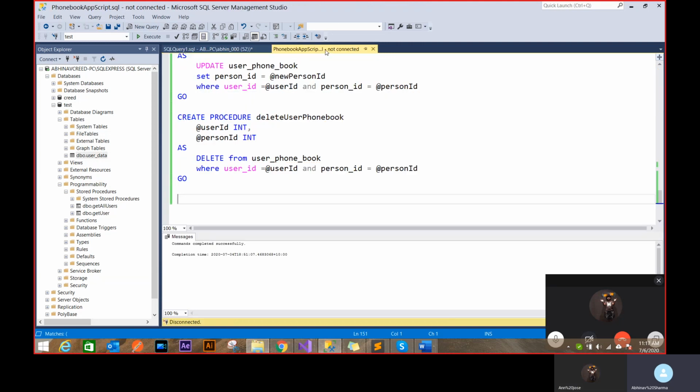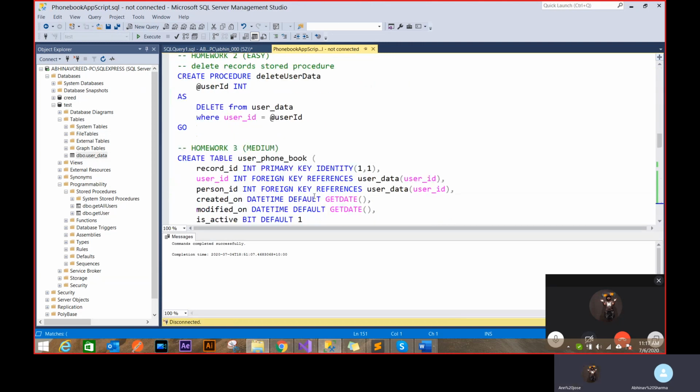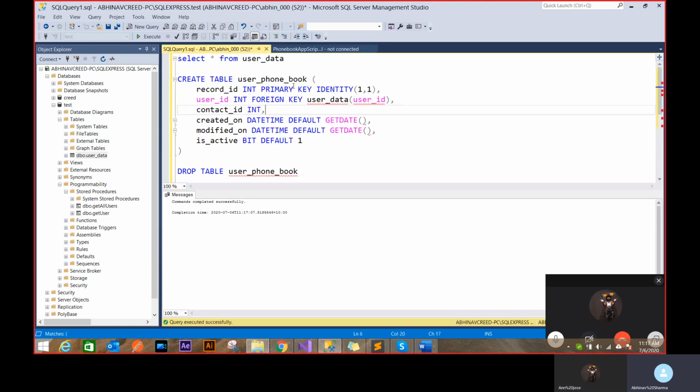Yeah, it should be like this. Let me just... Oh, so there's one more key: the references keyword. This ID. See, the error gives you an indication that you're doing something wrong. And again, the contact ID also needs to be something which is available. It shouldn't be a random contact ID. So I'll again create a reference with user ID.